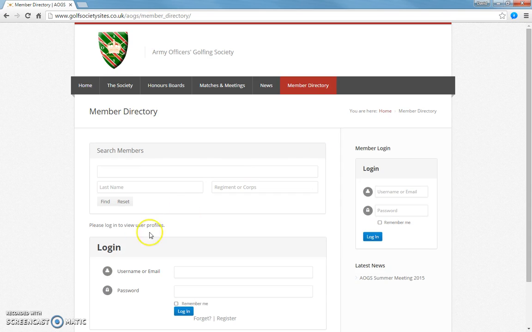Now the first thing to notice is that you're not logged in at the moment and therefore you can't see anything. The reason for this is to keep this information away from the public and only available to fellow members of the society. So in order to use the directory, the first thing you have to do is to log in. You can either log in using the login screen in the center or on the right, it doesn't matter,